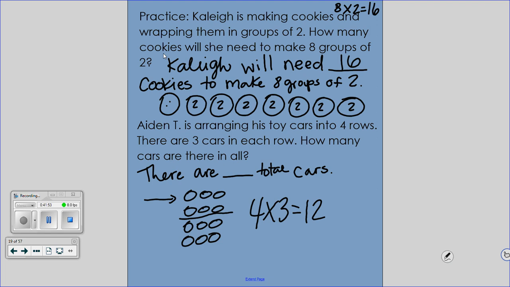Jackson, I need you to get control of your breath over there. So how many total cars? Aiden Washington, sit up. How many total cars? 12. Alright, we are going to stop here. So once you've gotten everything in your notebook